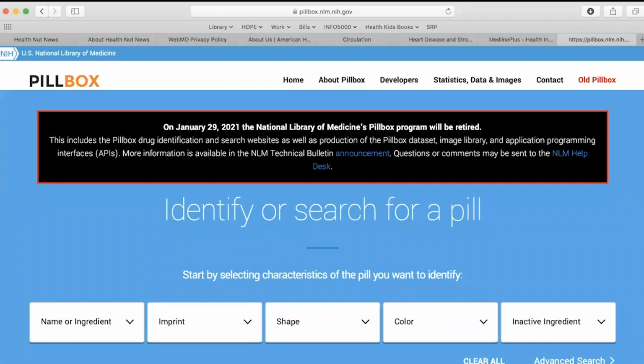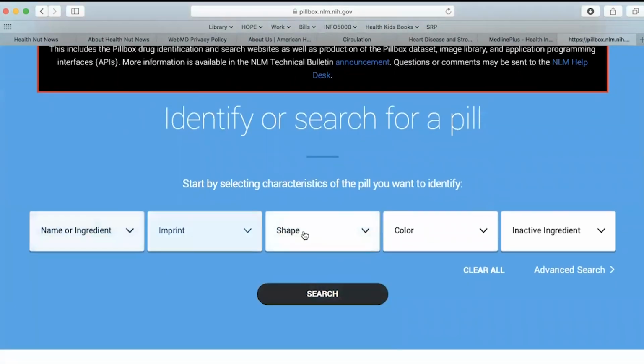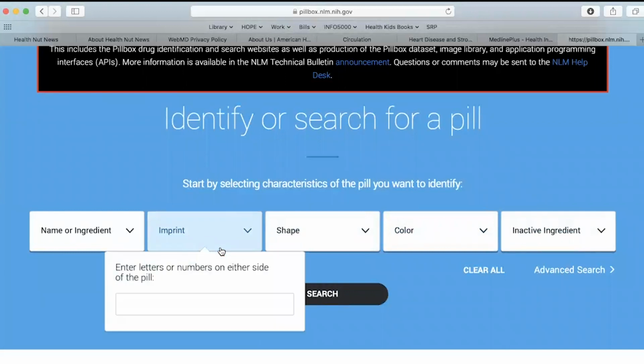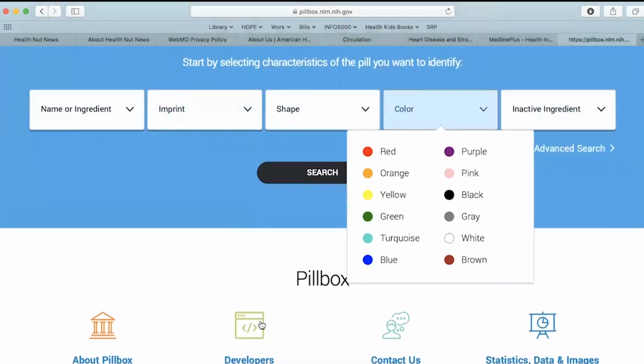So it's pillbox.nlm.nih.gov. And what's nice about this is, say you are taking multiple prescriptions and you've dropped one, you don't know what it is. It's important to make sure you're taking the right medication, or you find something on the ground. You can actually kind of reverse find it. Every drug has an imprint on it. You can put the imprint, the shape of the drug, the color, and you kind of reverse find